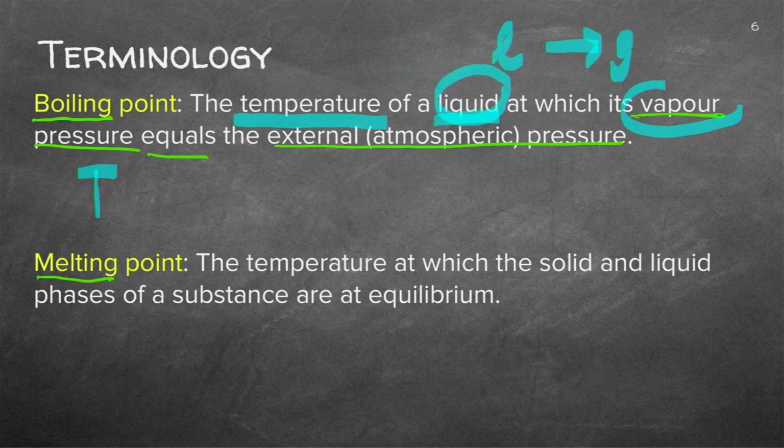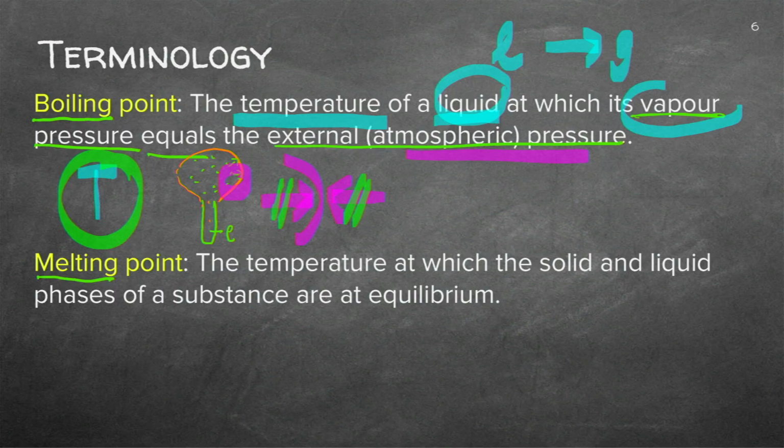So what you can see in your mind is if you had a test tube here and you had the liquid there, and I'm going to draw a small little balloon there. And if this balloon has the vapor going in there, it will obviously have a pressure exerted on the balloon. Now that's the definition that you've got to know. As soon as this vapor pressure on the inside of the balloon is equal to the atmospheric pressure on the outside, as soon as those two are equal, that temperature will be the boiling point.